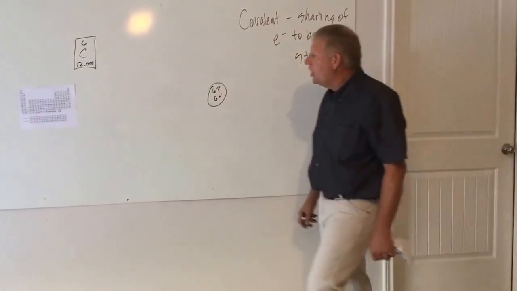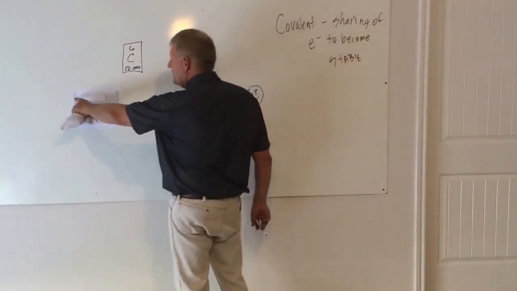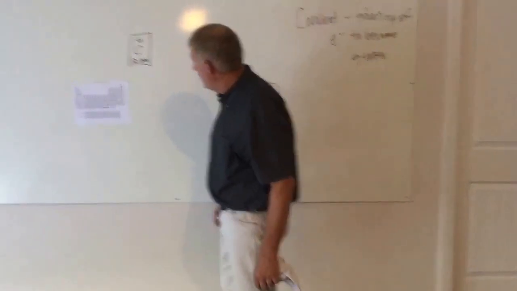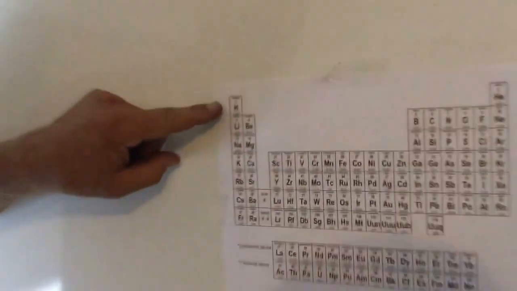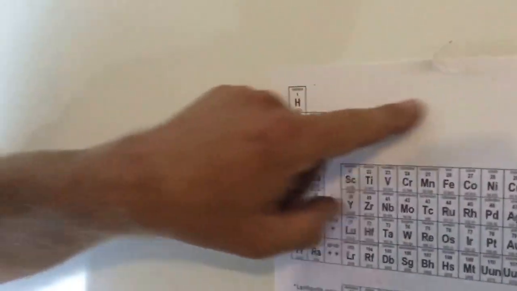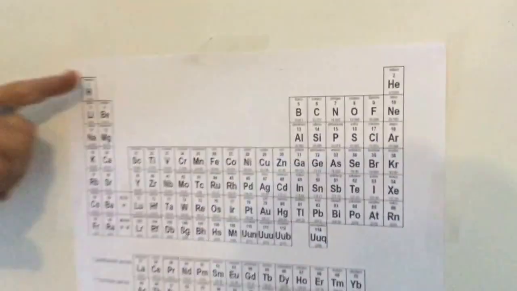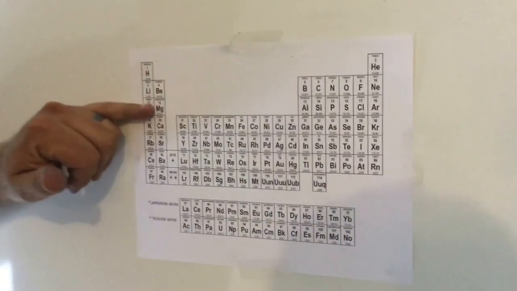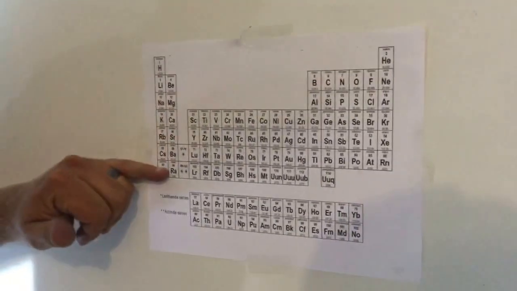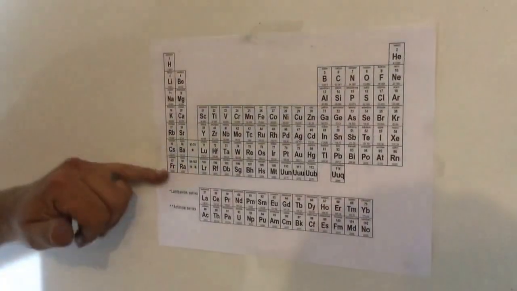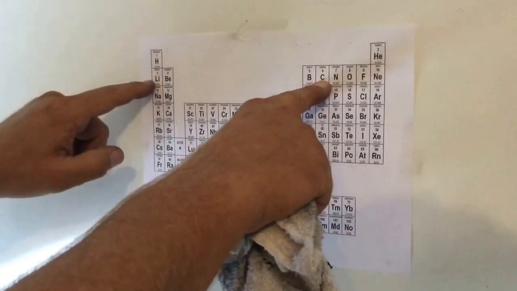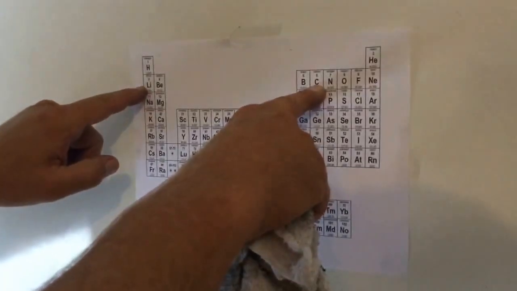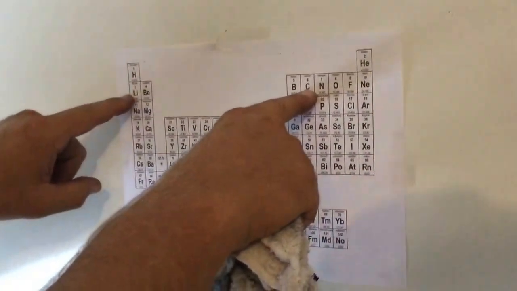Now, I'll get my cameraman to come up here real quick. This is kind of cool. So now we're going this way. We've got groups up and down. This is period 1, period 2, period 3, 4, 5, 6, 7. So these are the periods. Now, where's carbon? Carbon is in period 2. So what does that tell us? That tells us that this is